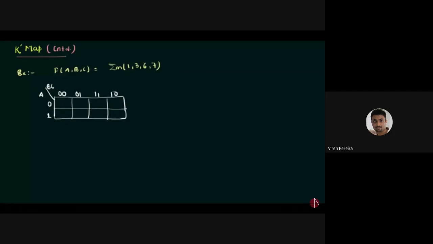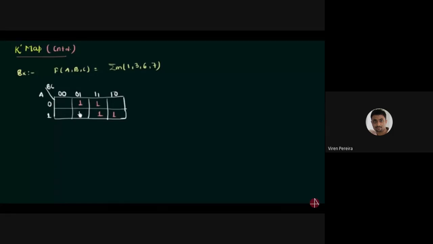So in this example, if we start filling it out, 1 is there, 0 is not, then 1, 2, then 3 is there, 4 is not here, 5 is not, 6 yes, and 7. So these are the required positions for the 1. We are not writing 0 because it makes our map look messy. Now let's make